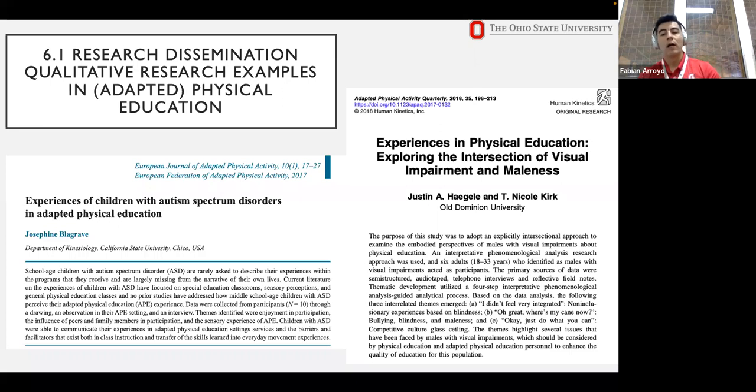a different step. If you want to read more about it, again, Patton is a good source, and Smith, 2019, is also another form of phenomenological analysis. In the overall picture, after doing the analysis of the interviews of these adults who identified as males with visual impairments,